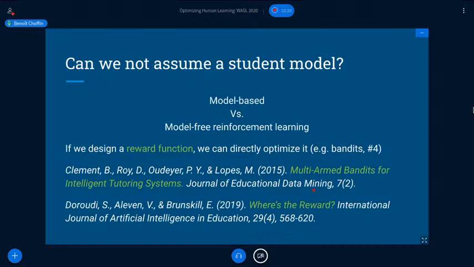And this would yield some kind of adaptive testing algorithm, which will be the topic of our final talk from Fu Hualin, who will present us, as we said, an adaptive assessment algorithm based on Thompson sampling. And for example, a work that has developed multi-arm bandits for improving student performance on several concepts is the work from Clément et al. in 2015 on multi-arm bandits for intelligent tutoring systems.